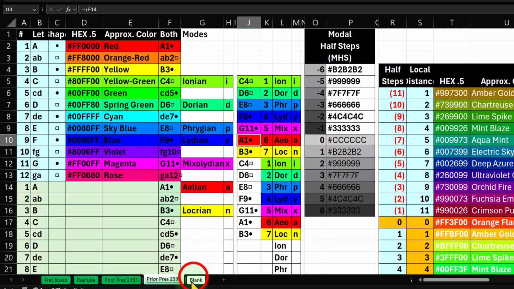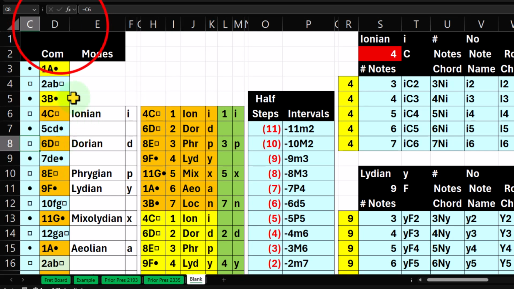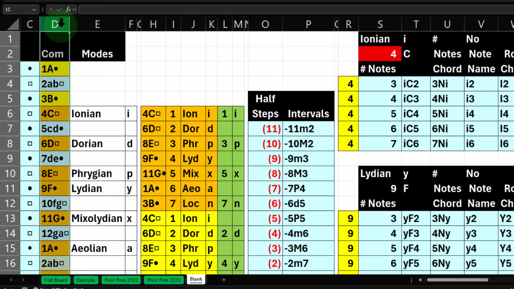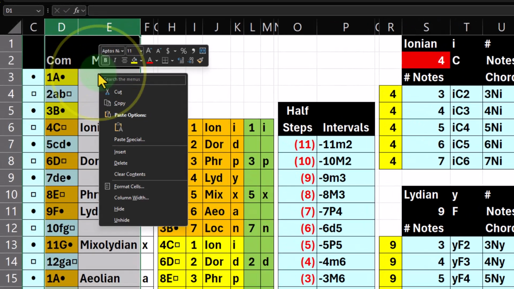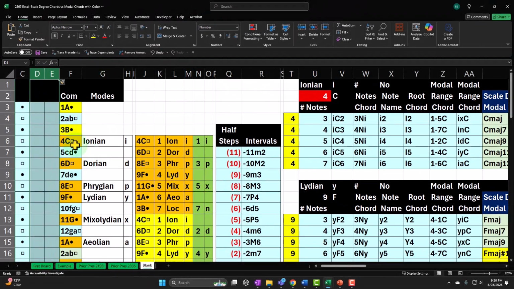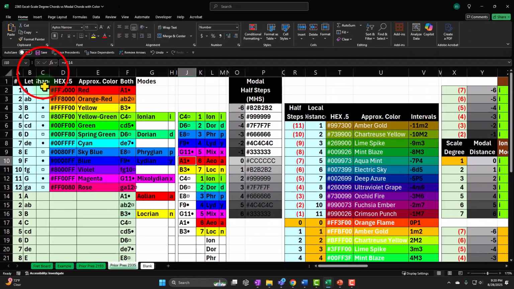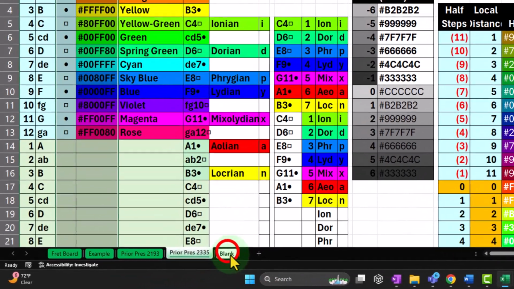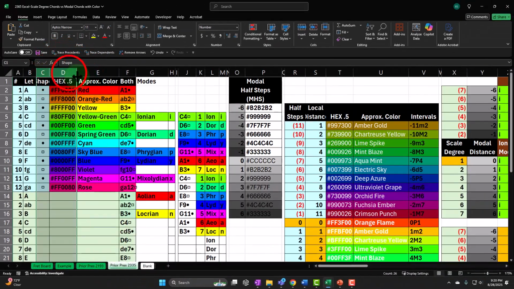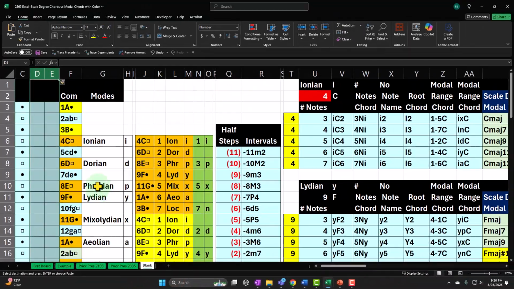So I'm going to say, all right, let's go back on over here, and I'm going to insert. I'm going to put my cursor on the D and go over one column, right click and insert. So we've added 2 columns. Back on over here, I'm just going to grab the shape column, and I already had the shape column over here, didn't I? Yeah. So I want to add the color columns, these 2 columns, copy,